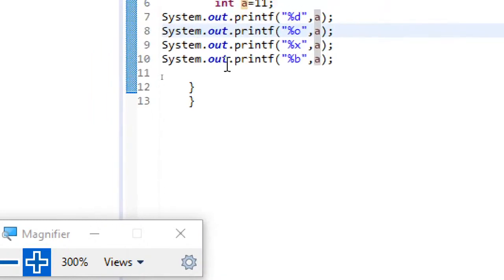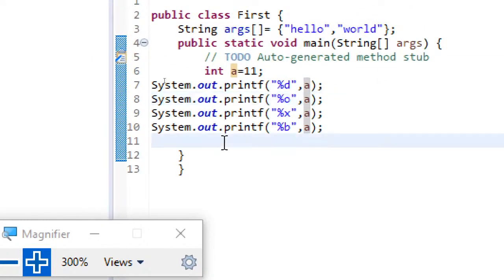And one more thing I want to show you. System.out, Ctrl+Space. Let me show you like this: a plus b plus c plus d.